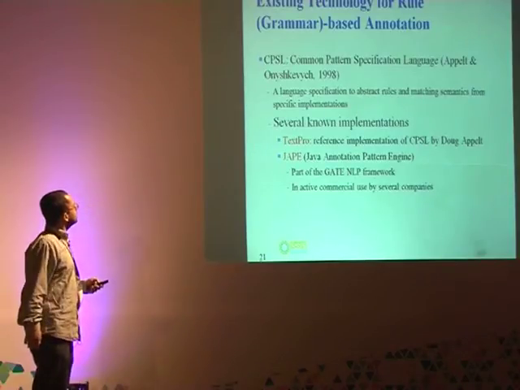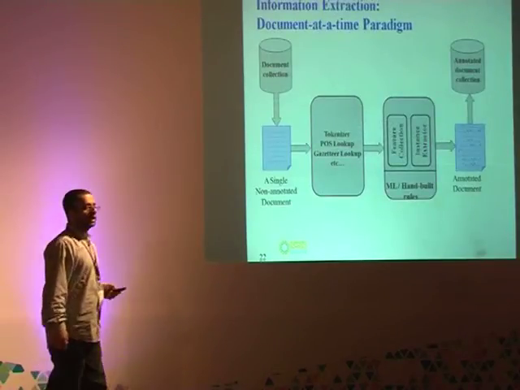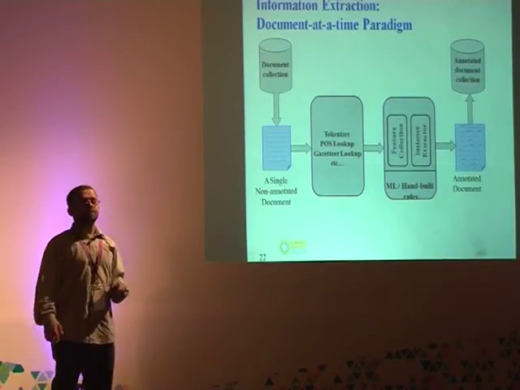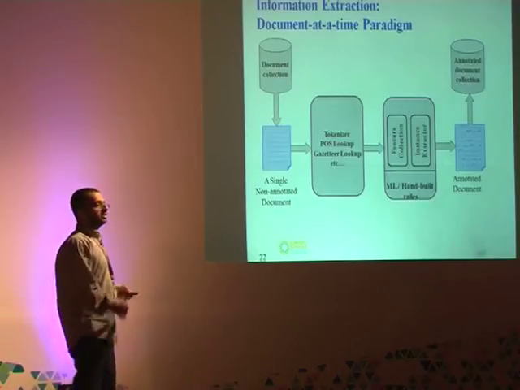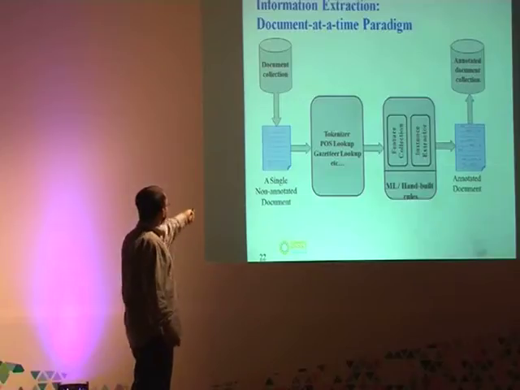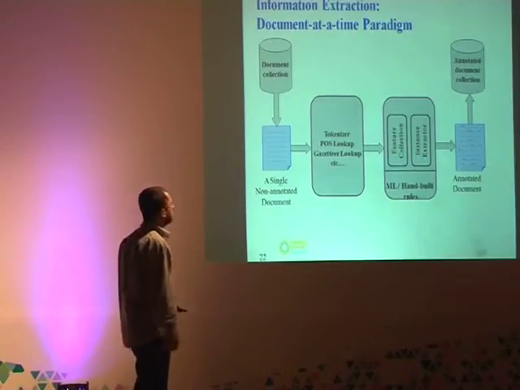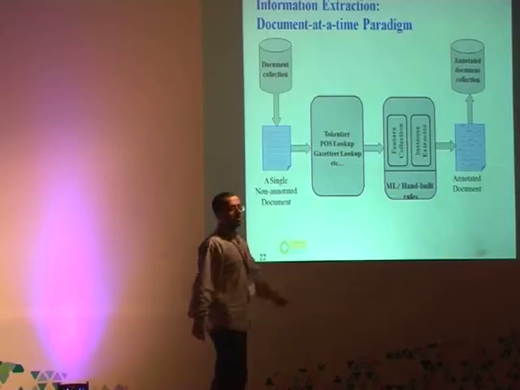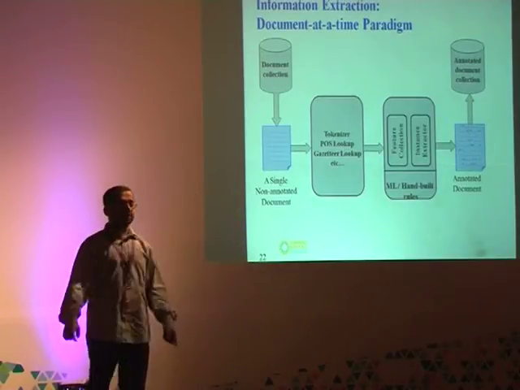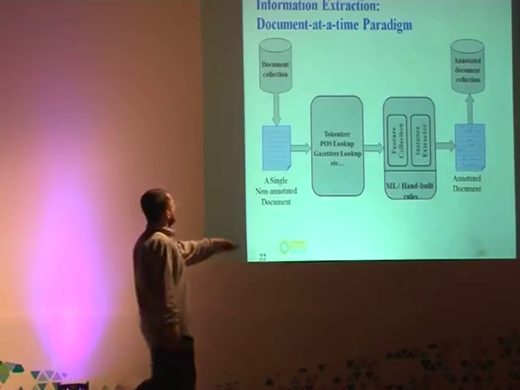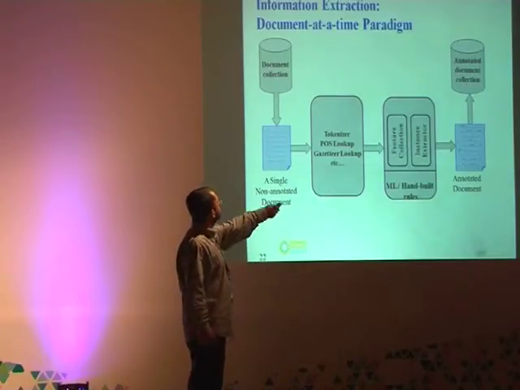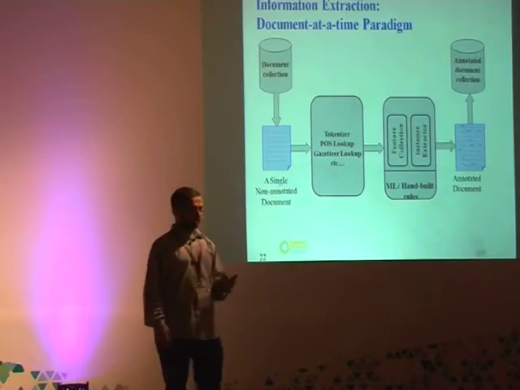And the dominant paradigm in these rule-based methods, which basically help you discover features and candidate entities, is to take the document collection, process one document at a time, subject it to the basic features, the candidate definitions, the candidate refinements, the consolidation, and basically create an annotated document, and this goes into a collection which is indexed.